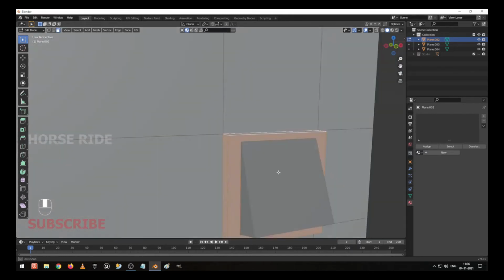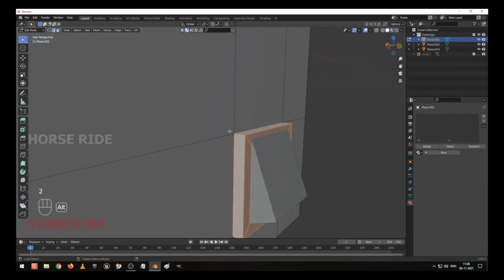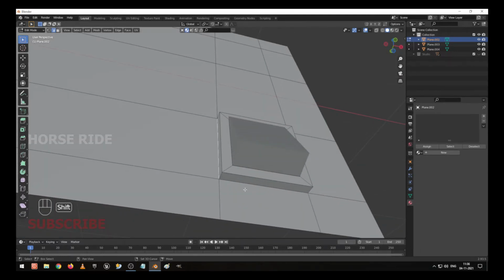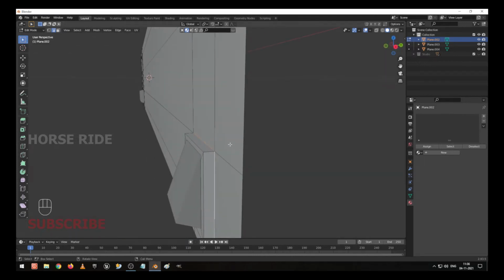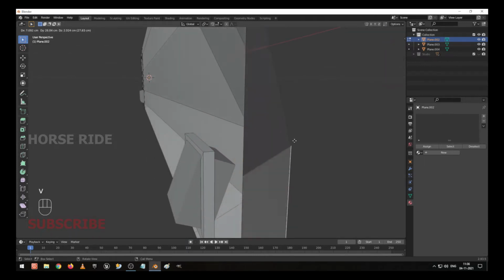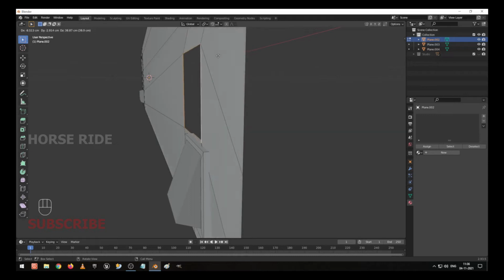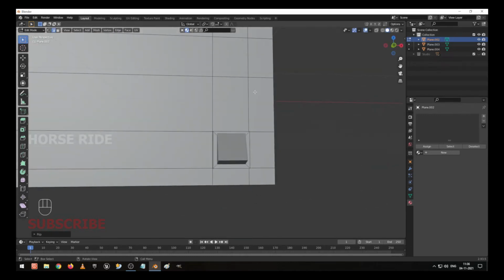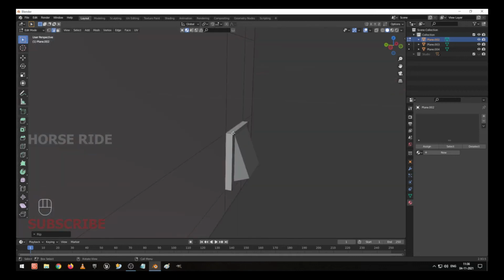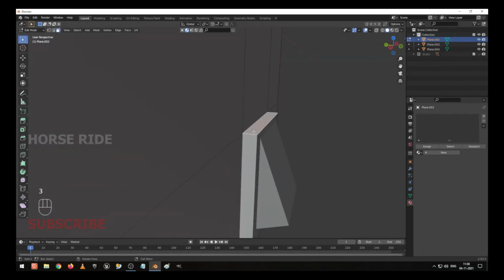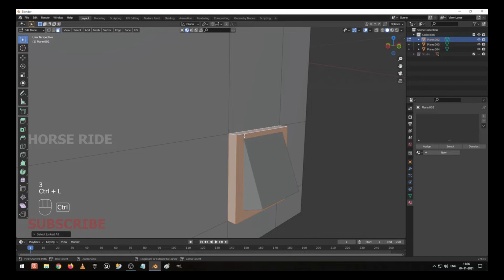Now I do one thing. Instead of that, I select these edges using the shift key and I press V to separate it. So now it has been separated, you can see. I show it in front view, it has been separated. Now I select these edges in face mode, I select this, I press Ctrl L, so I press P to selection.